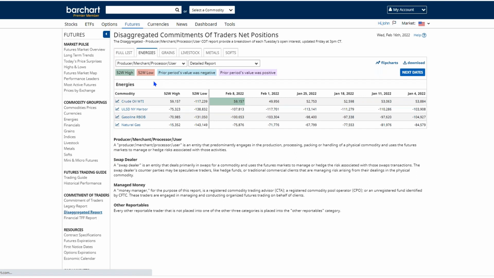So I think what we're seeing here is a large, long open interest position among our commercials, those end users: our airlines, our transportation companies, our freight companies, and our refiners who need to make sure that they have enough supply of crude oil in order to keep their facilities running. And so again, if I go to the chart